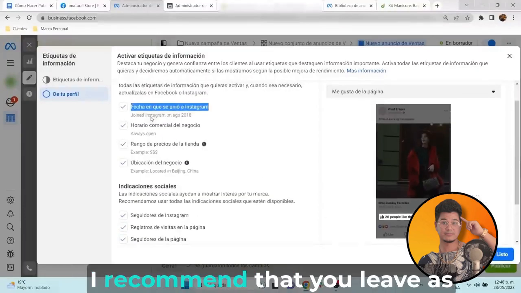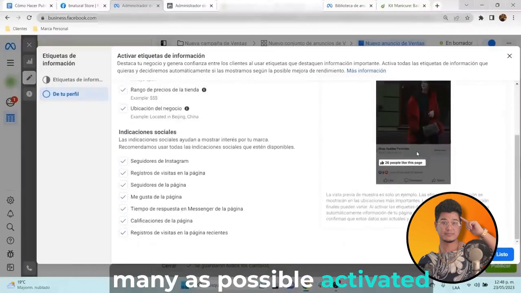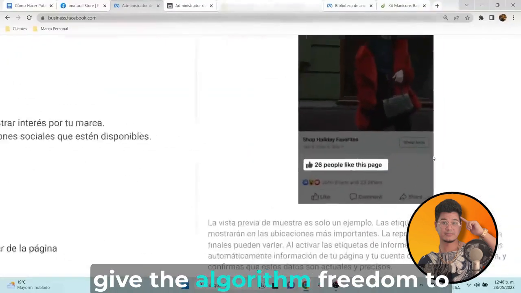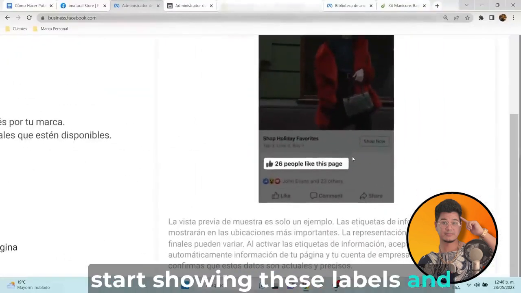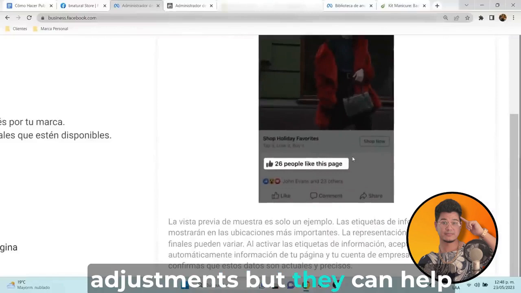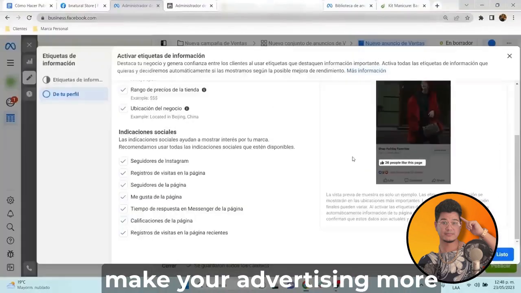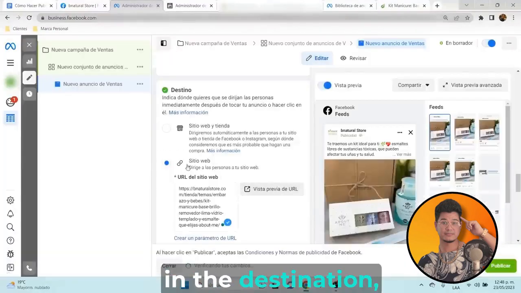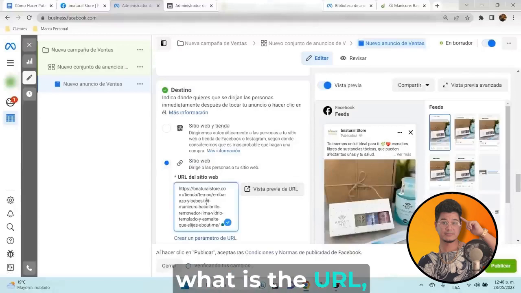I recommend that you leave as many as possible activated because with this you will also give the algorithm freedom to start showing these labels, and let's say that they are small adjustments but they can help make your advertising more effective. Then, in the destination, select website and what is the URL, the link to which you are going